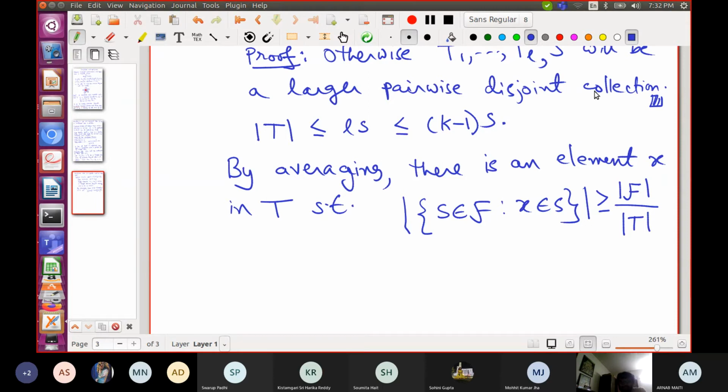Every set in the family contains at least one of these elements. So there is one element X that appears in at least these many sets in this family.